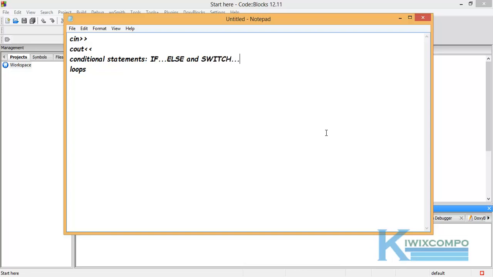Let me see. Switch case. Loops, we have learned for loops, and we have also learned while loops,